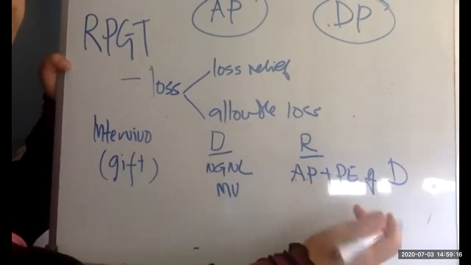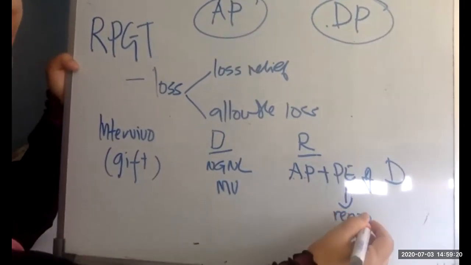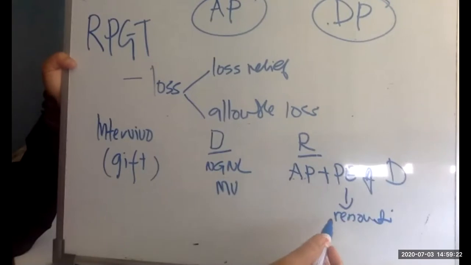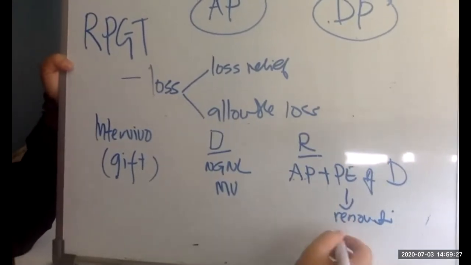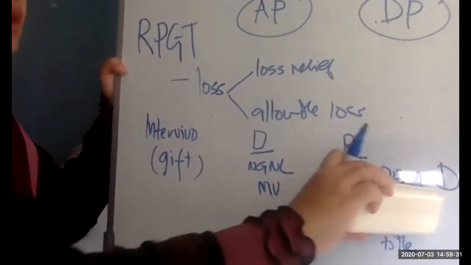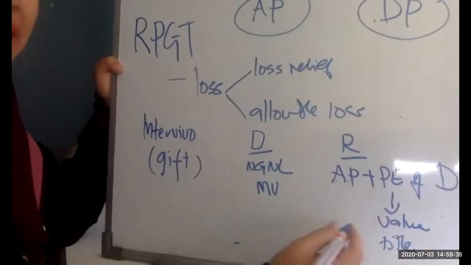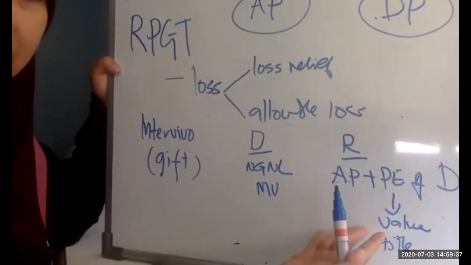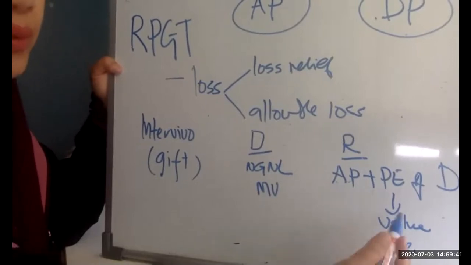All right, PE, permitted expenses here is what? For example, there is a renovation. All right, expenses that increase the value of the property, right? Or we talk about the title, right? So maybe not renovation, we don't call it renovation, we call it increase the value, right? Whatever expenses incurred to increase the value of the property, or to preserve the title of the property. So this is what we call the PE.